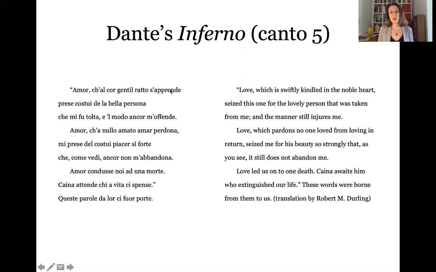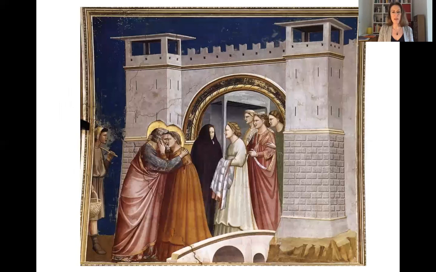There's also rhyme that's working here that helps us with this kind of incantatory effect. Perdona, abbandona. It's called terza rima in Dante's poem, where every third line rhymes, right? Okay, so those are some of the kind of structural things. You'll notice we took note of textual details, like the repetition of the word amor, like what the rhyme was doing, the sounds of the O's and the A's, and from that we were able to deduce some of the meaning of the passage and maybe something of what the poet is trying to get us to do. Now let's move from that to